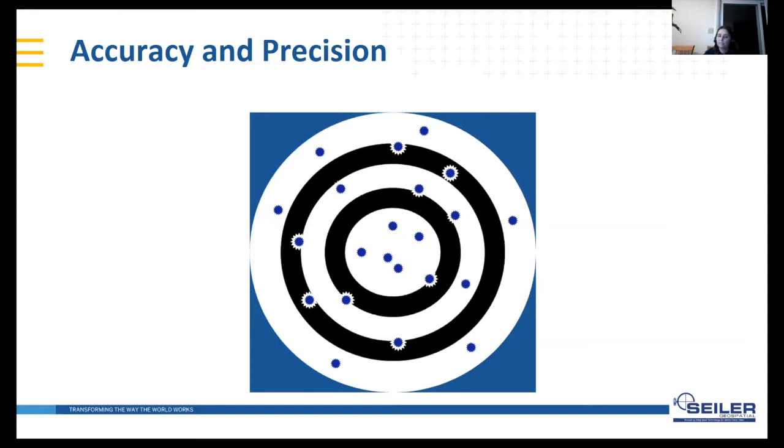This is high accuracy but low precision, because as you see here our observations are spread out, so the precision gets low. We expect to target the center, with most of our observations close to each other and on the center point.